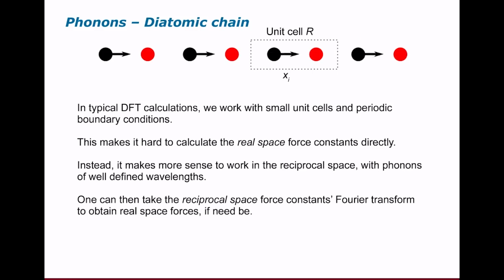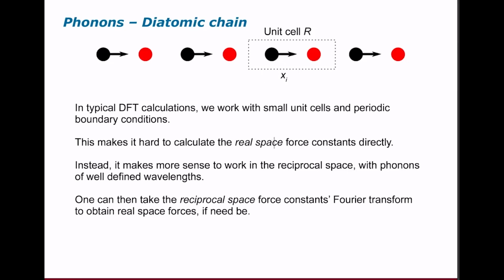And that gives me the phonon with a specific wavelength instead of the force constant of a single atom. Then I can take the force constants from reciprocal space with this well-defined wavelength and take their Fourier transforms to